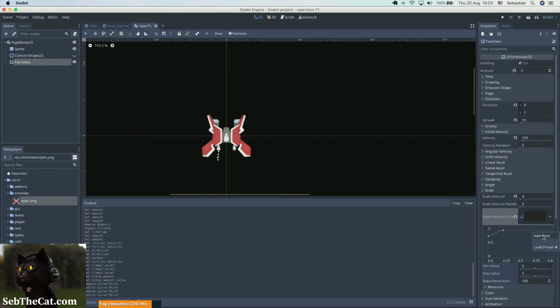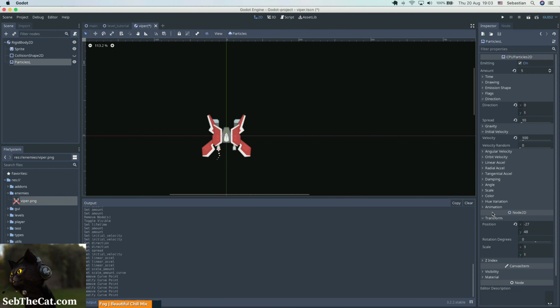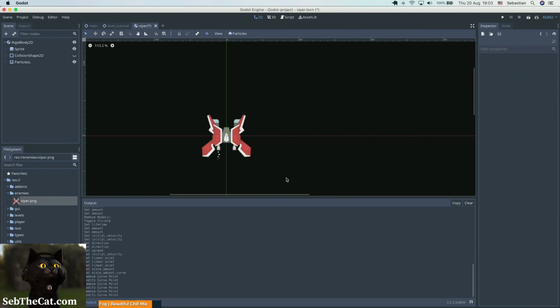And then as they die, they just sort of peter out a little bit. Cool. Alright. So I think that's a pretty rudimentary particle system,